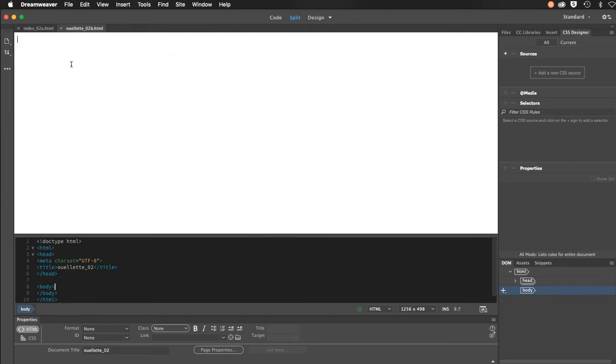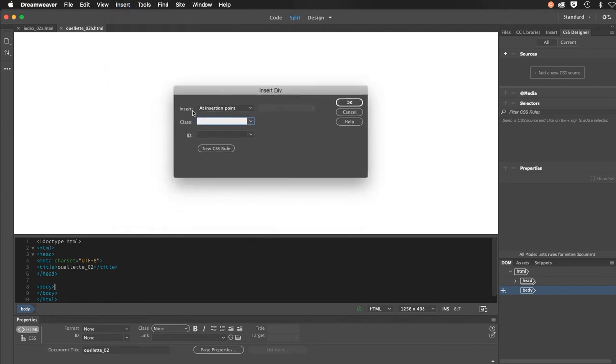Since I clicked in, I'm going to click in design view, because that is also important versus having clicked inside of code view. You should be on split, and another important thing, you should be in design mode. So I'm going to formally click in the design area. Then I go insert div,